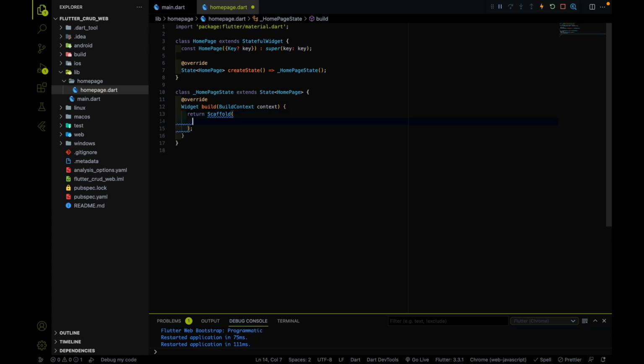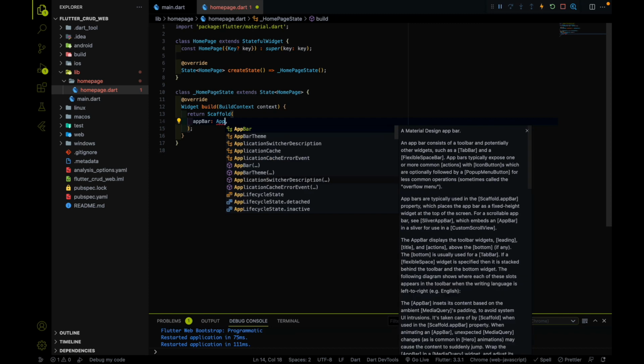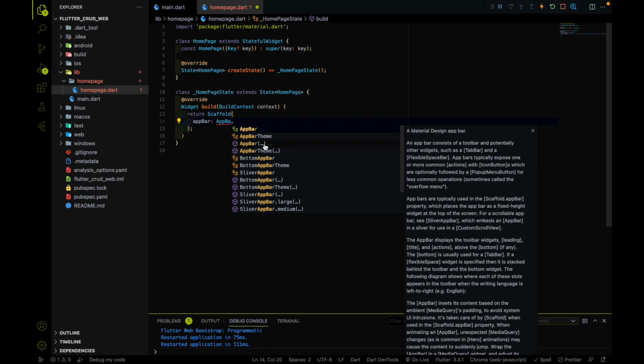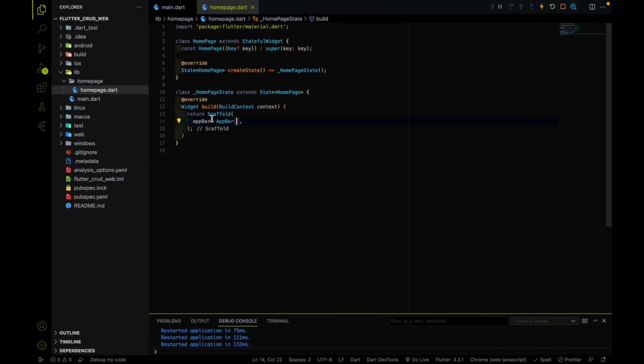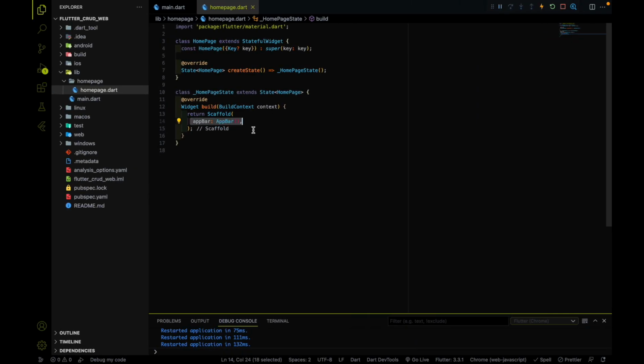Every website has an app bar, so Scaffold has an appBar property, and along with that Flutter will give us an AppBar widget. If I hit save, that app bar will come over here. That's why I'm using a Scaffold, it has everything in a manner. It has an appBar property which will help us to draw an app bar on our website, and in the AppBar widget we have a title